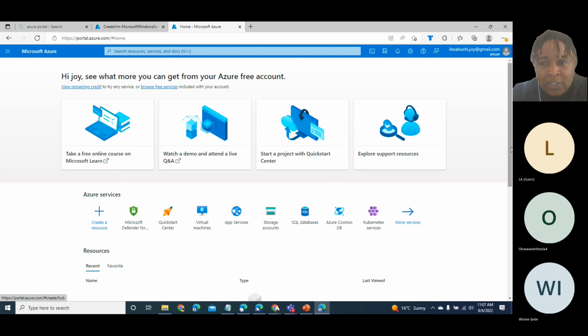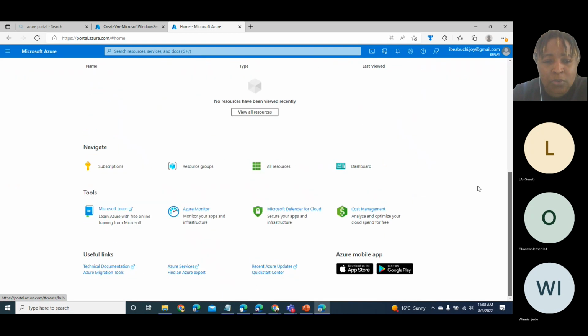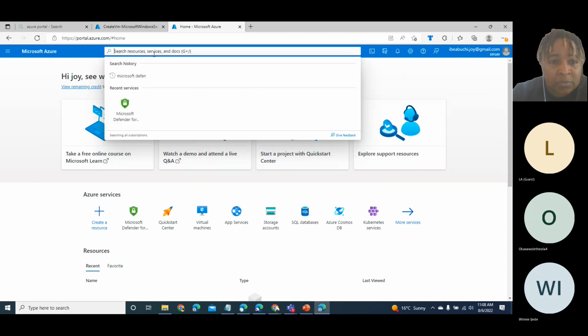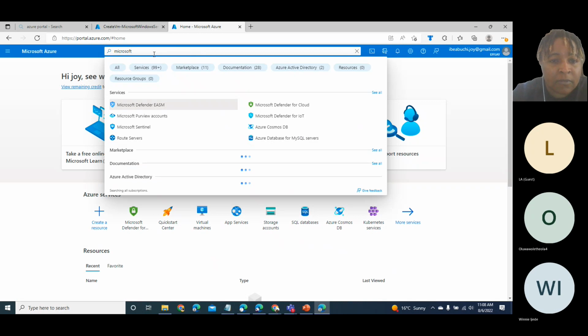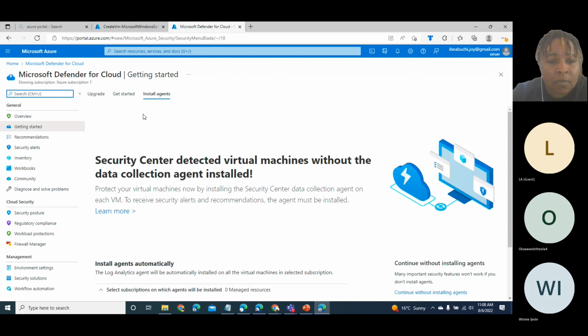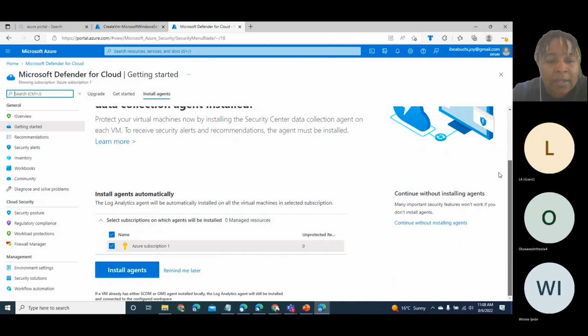So if you go to portal.azure, if you wanted a demo account, just go to portal.azure and create a free demo account. It will give you about 200 USD units that you can use to explore. I just did that, and then you type Defender for Cloud, because I've typed it before. It's showing here. I don't have much on this tenant. I just have one virtual machine, and then